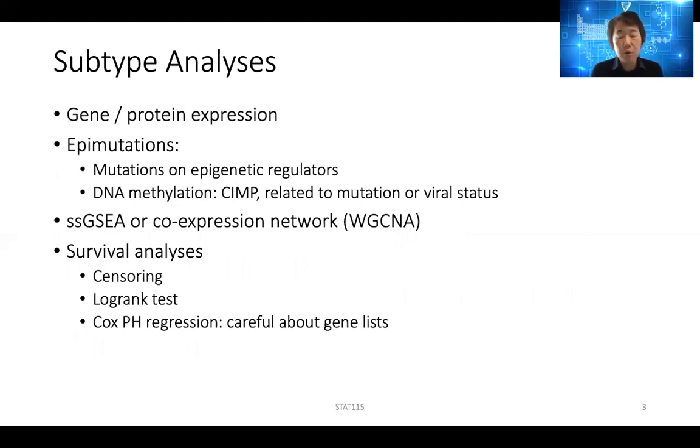And most of those you can see from gene expression. You can also use protein expression, DNA methylation, microRNA, and sometimes mutations. But most of the current subtyping is done using gene expression. We also mentioned that the big surprise in genome sequencing, in terms of identifying novel driver mutations, is mutations on